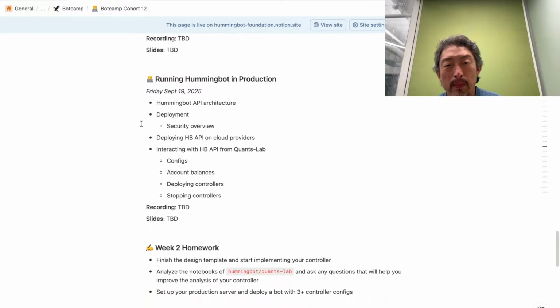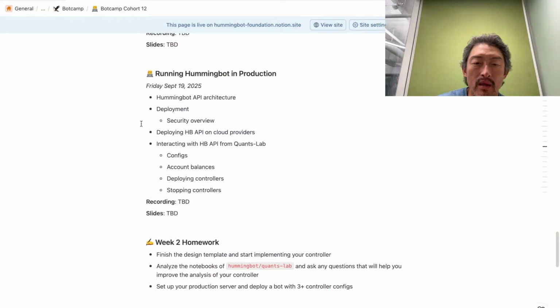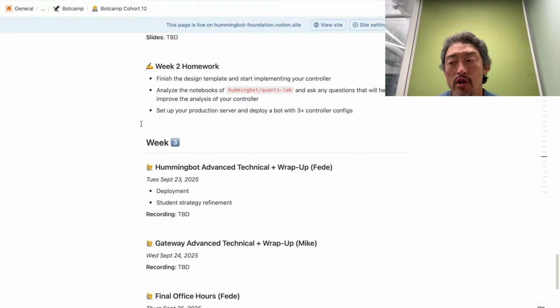There's also another repo that we have called QuantLab, which is more of a research-oriented repo. It's a bunch of Jupyter notebooks you can interact with to fetch market data, conduct backtesting, and so forth. That's actually what we recommend researchers and developers start with when they're formulating a strategy. So we'll show how to use that repo to start your research before coding up something in Hummingbot.